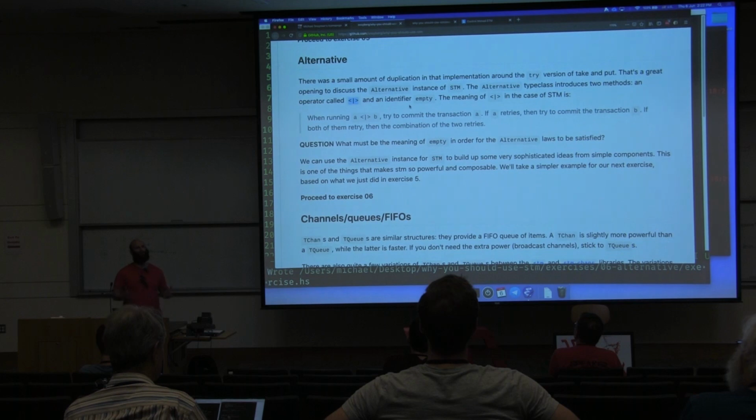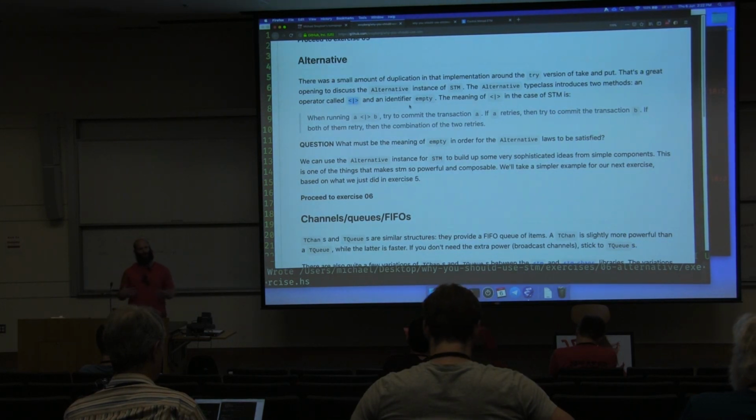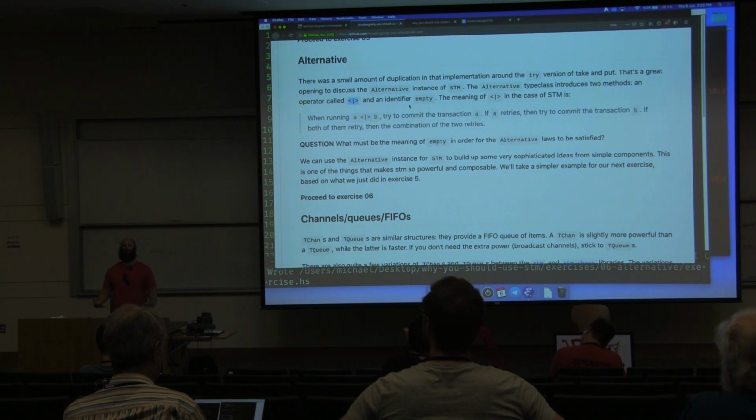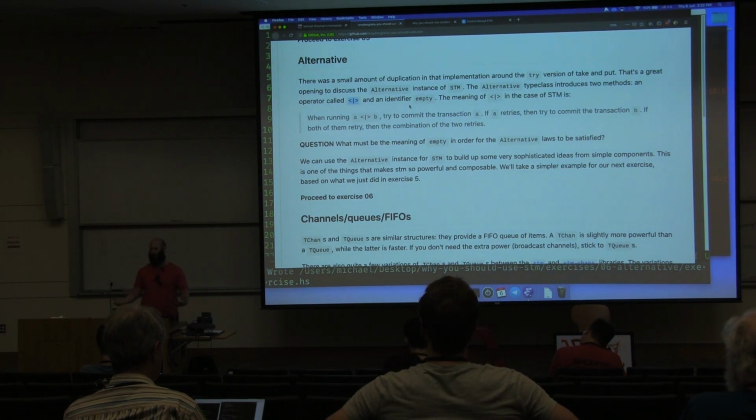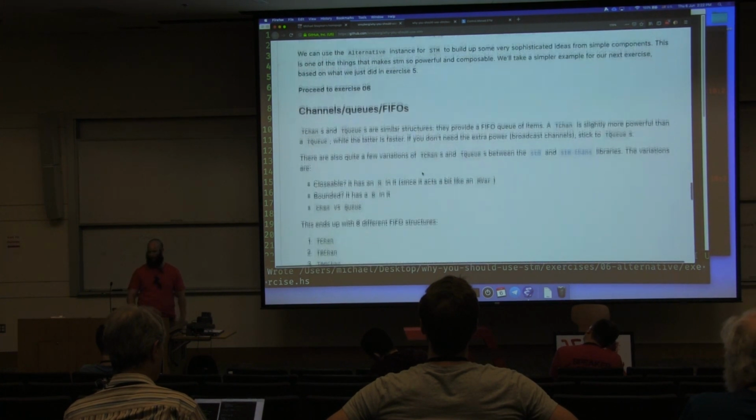Okay, orElse is one of the more powerful concepts in STM. In fact, you've learned all the most powerful concepts of STM at this point: the ability to retry, the ability to have transactions, and the ability to fall back and try a different way of approaching things. Everything else is just commentary at this point. So